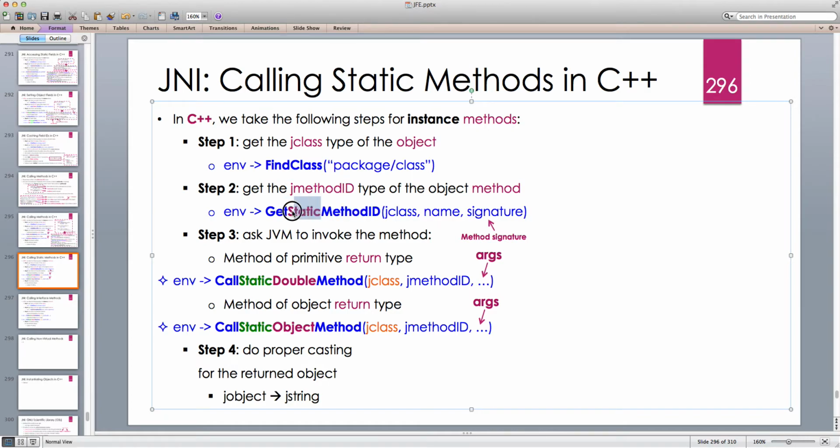So the keyword static gets added because we want to get the identifier, a method identifier of the static method. And then jclass, the name and the signature of the method, which basically includes the signature of the parameters that it takes and the signature of the return type. And then we ask the JVM to invoke the method by using one of these call methods. CallStaticDoubleMethod. So if the return type is primitive, we use CallStatic, whatever the primitive type is, double, int, float,